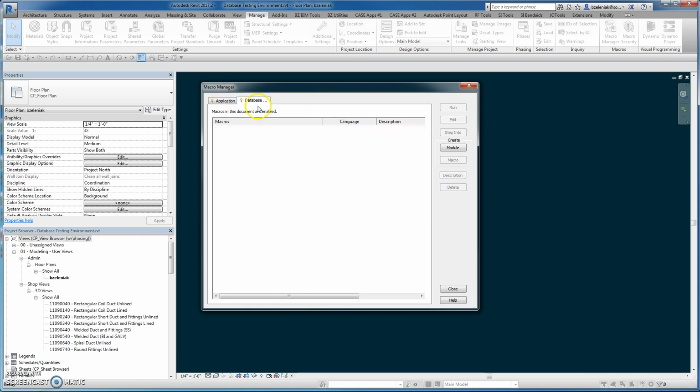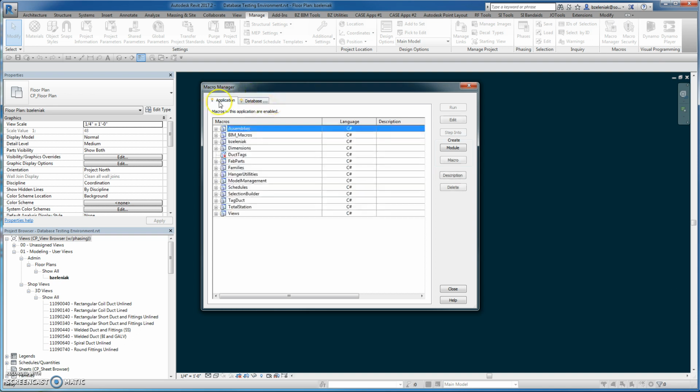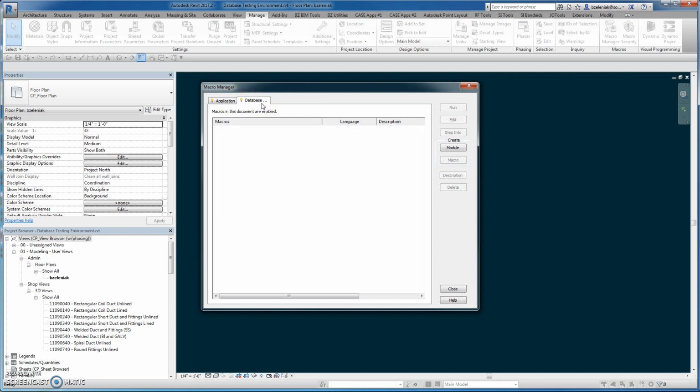You can write an application-based macro, which will come up and be available in every model that you have, and then there's also a document level macro which will only be available for certain files. So if you're an admin for your CAD department and say you have macros that you use to support your department, or the guys that are working for you, you might keep some of those macros in your application macros,